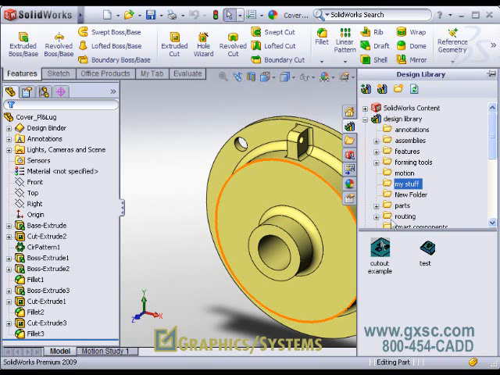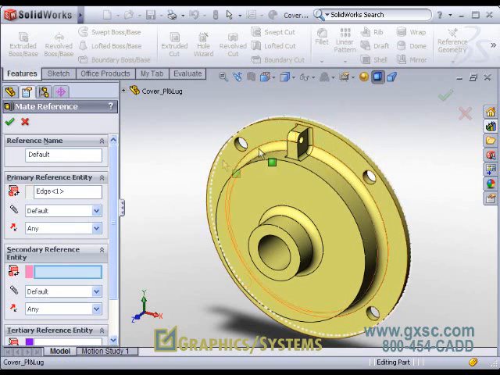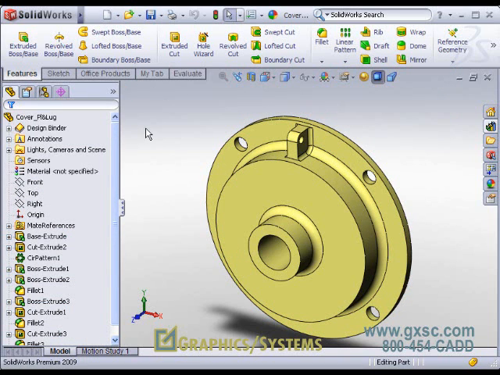In My Stuff folder, I have a couple of examples from a previous discussion, but I'm going to save a copy of the cover with the mate reference. Quickly, I'll make the mate reference by adding to this edge a default reference so it can snap, drag, and drop from that circular edge to something else in my assemblies. And then, instead of doing the Save As command and trying to navigate to that folder, I'm going to expand the design library area,